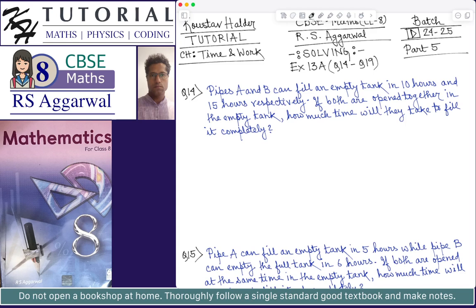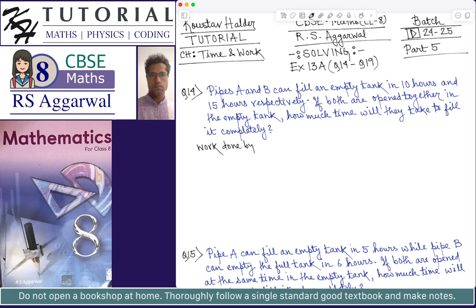So we have to first find in 1 hour how much work is done by both A and B. Definitely the work done will be positive. Now work done means the part of the tank that is being filled, because the work done will be positive. And if the work done is negative, it means that the part of the tank is being emptied. Okay, so work done